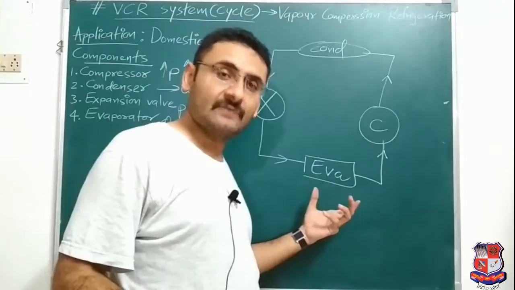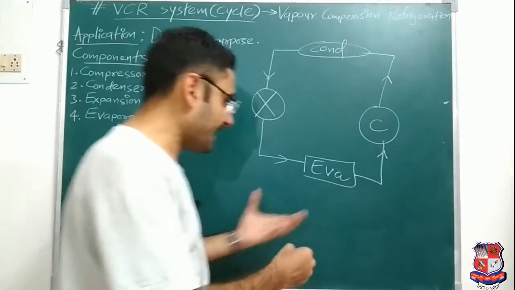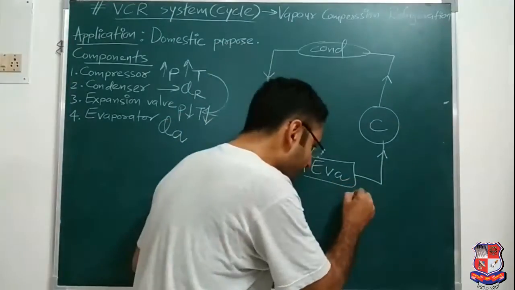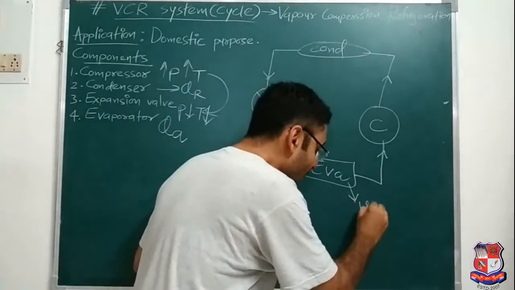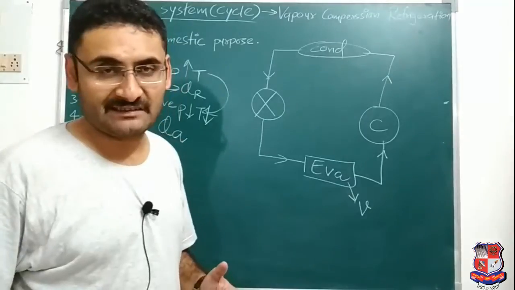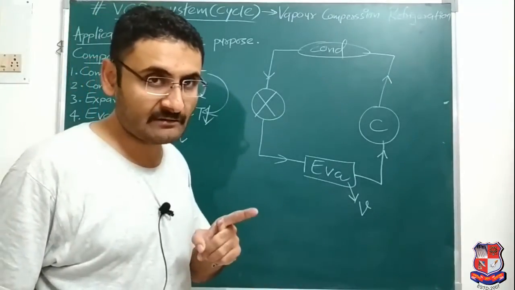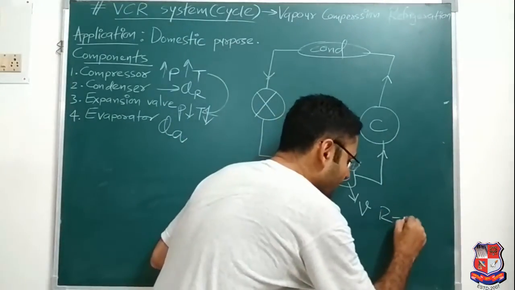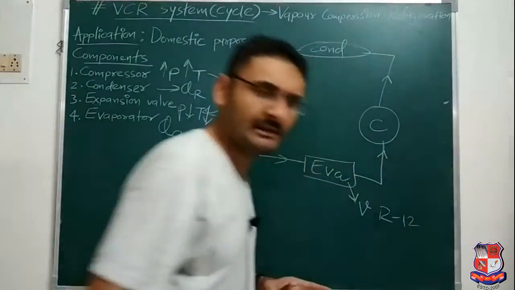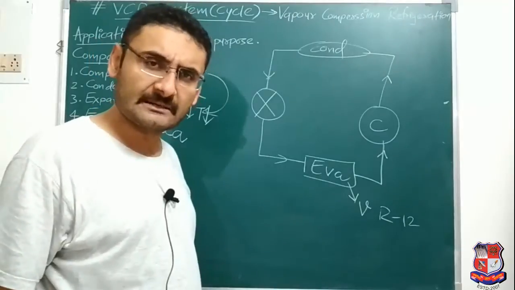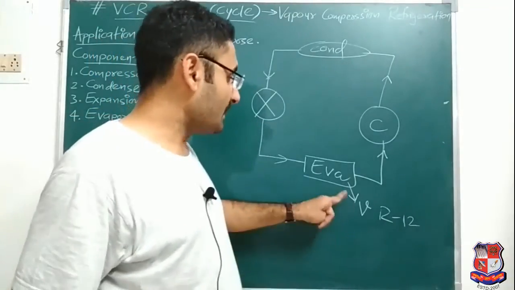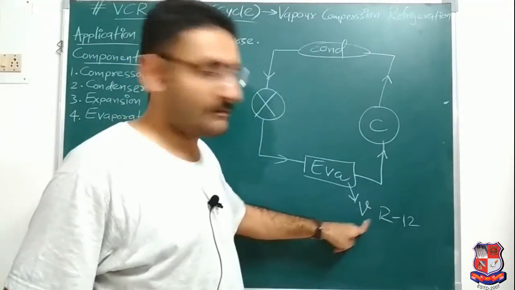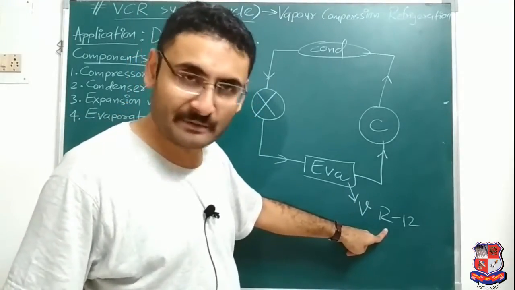So how will you start the working principle? You can say like this: at the initial level, or at the starting of the process, in the evaporator, which thing is present? Vapor form of refrigerant is present. Remember one thing, which form is present in the evaporator? Vapor form. Any vapor form of refrigerant, supposing R12, R22, R134, anything we can consider, but not ammonia. Now in the evaporator at the start, which thing is present? Vapor form of refrigerant, say R12, R22.